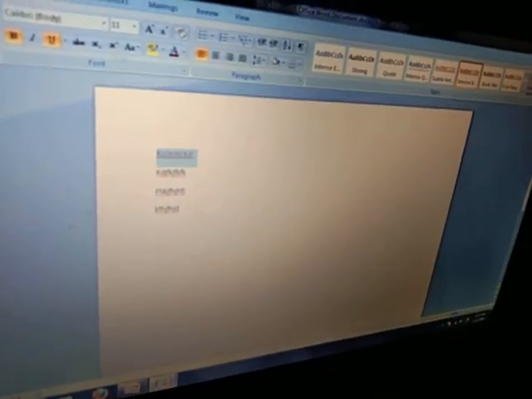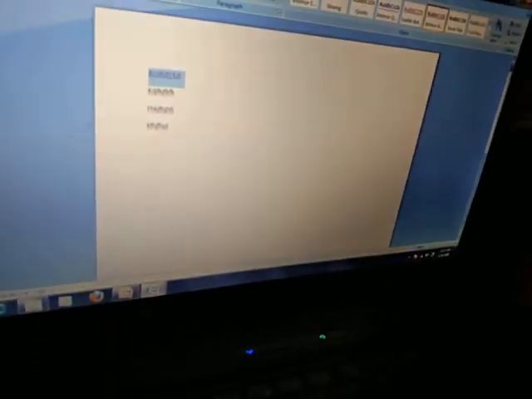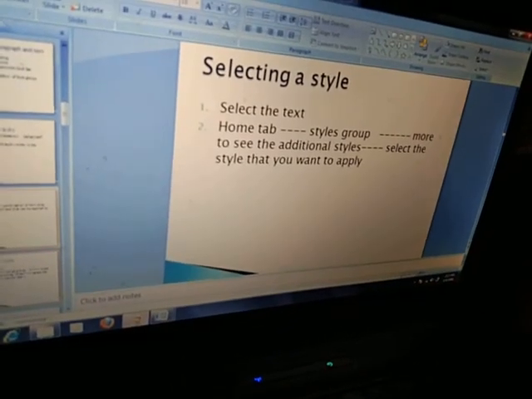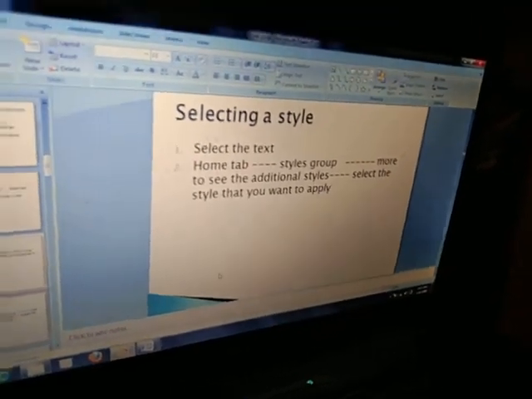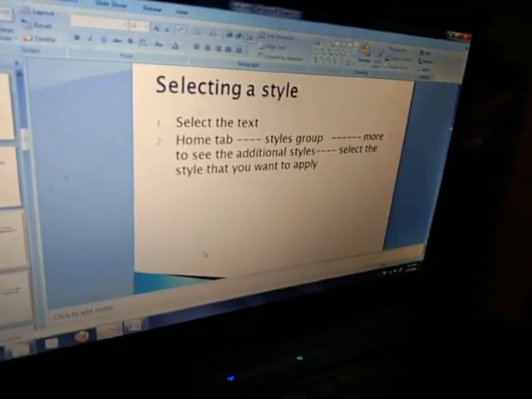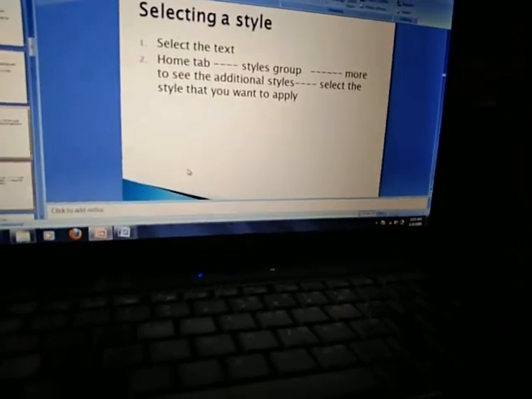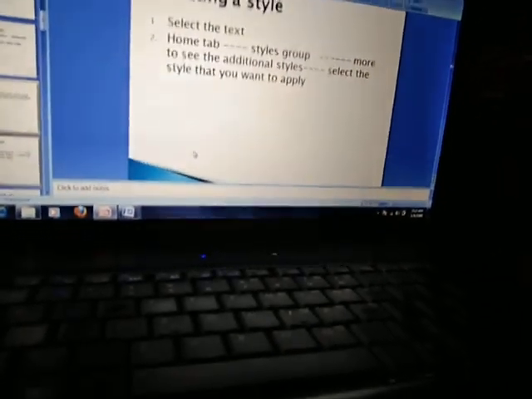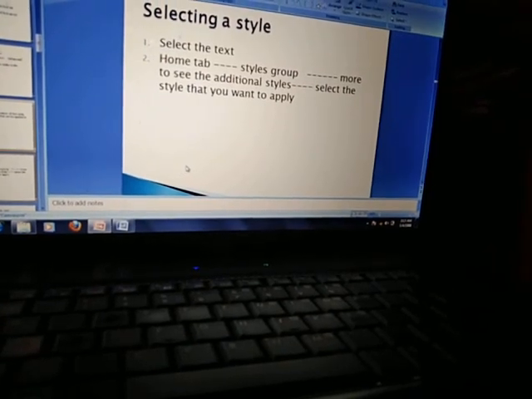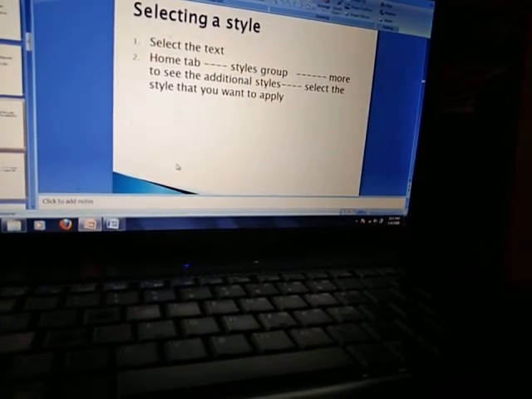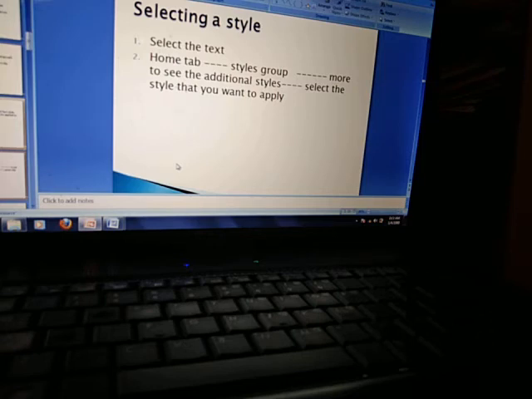Okay, the update is done. So our next topic: selecting a style. How can we select it? Click on the Home tab, which group? Styles group, and from there we can select the style that we want. For board exams, children, learn the groups also very carefully, because in exams a question will appear like this: the Styles feature is available on which tab and group? So here we have to learn that it is the Styles group. Okay, so learn these groups also.